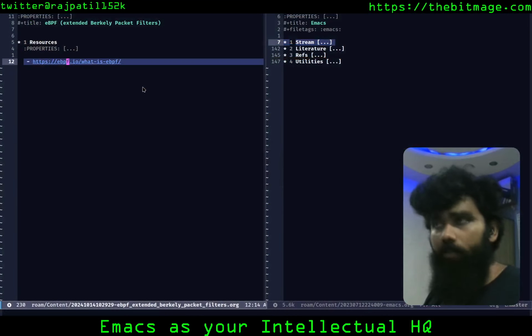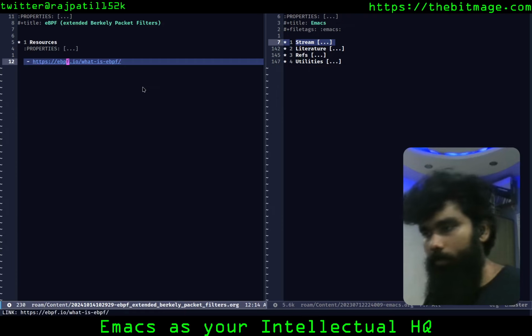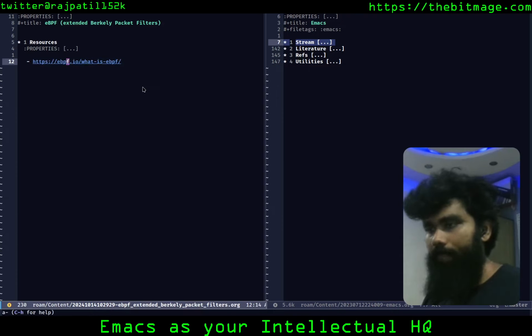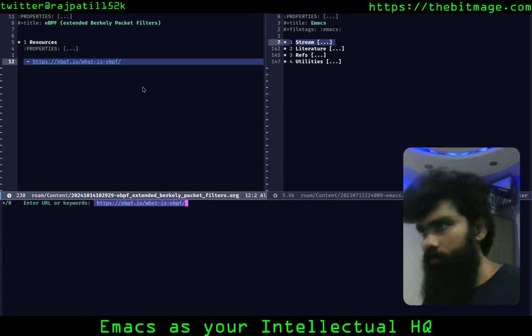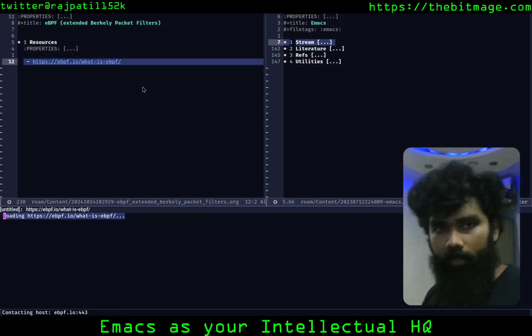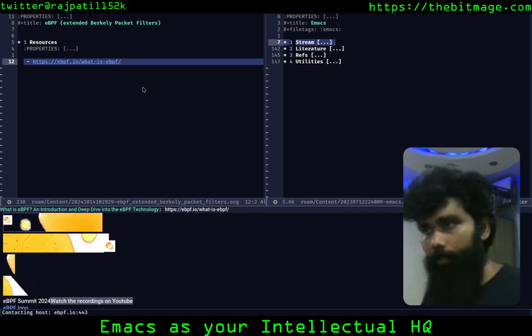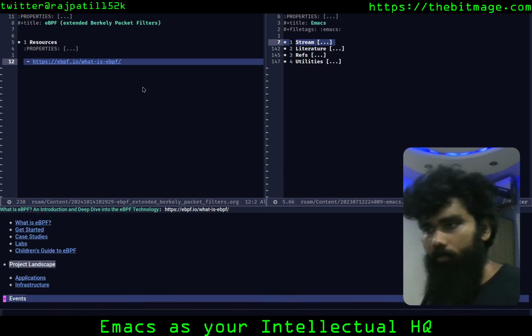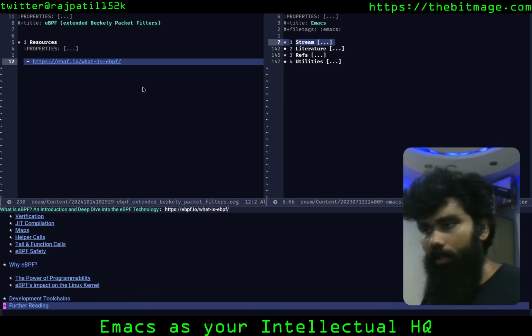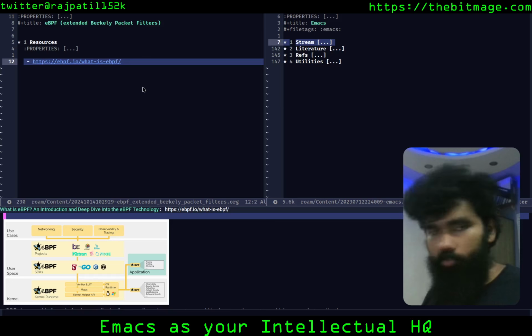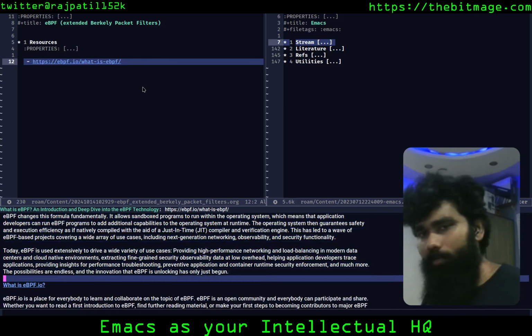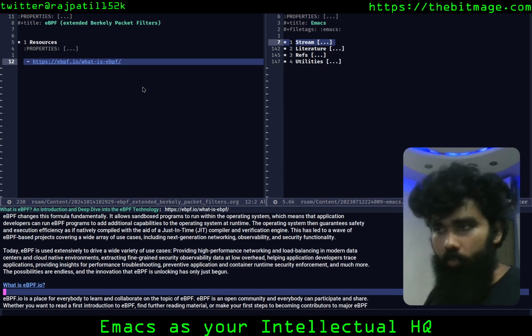And I could also open this up in EWW, by the way. EWW is the internal browser of Emacs. I'm going to copy that word and I'm going to hit space S W and hit shift insert to insert the link, and I'm going to hit enter. It's going to open up that particular page for me. Now, it's a very basic browser, so it's probably just good for text, and you can pretty much read anything. So you've got the hyperlinks and everything. Hyperlinks work. You can see the images a little, but it's pretty handy if you want to do some quick Wikipedia searches.